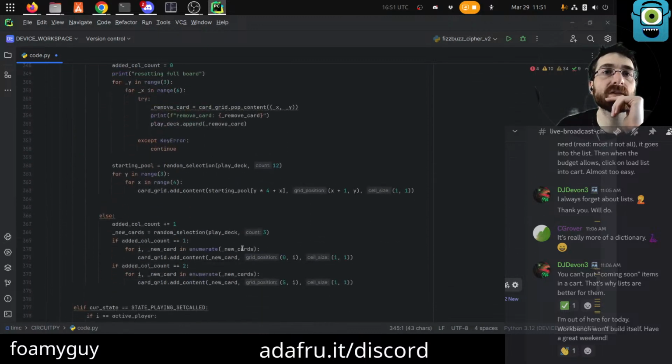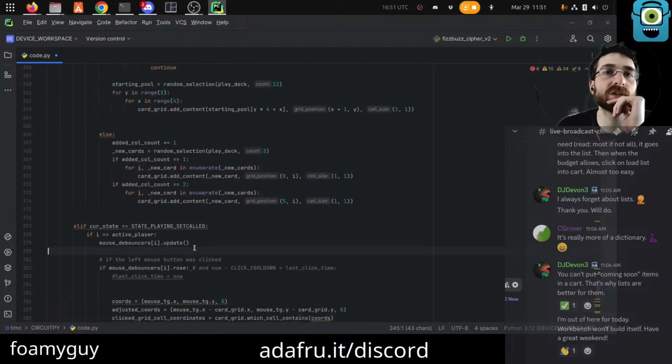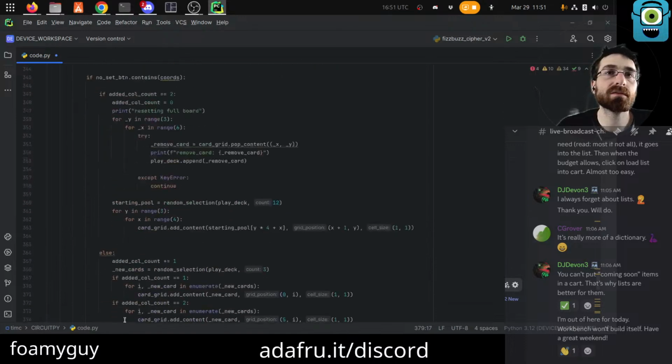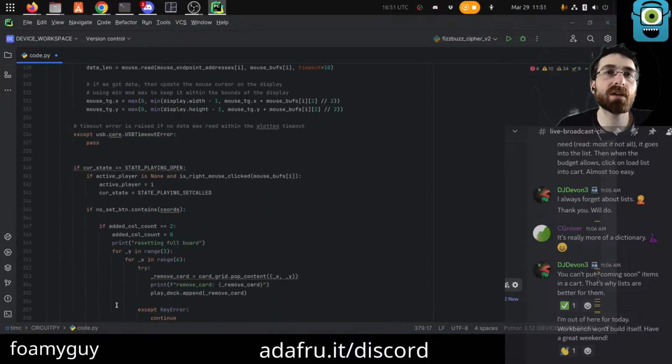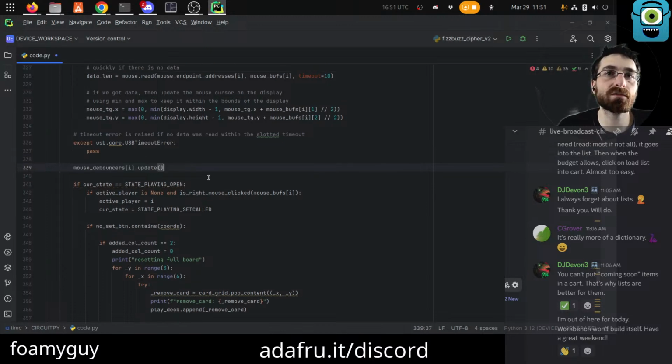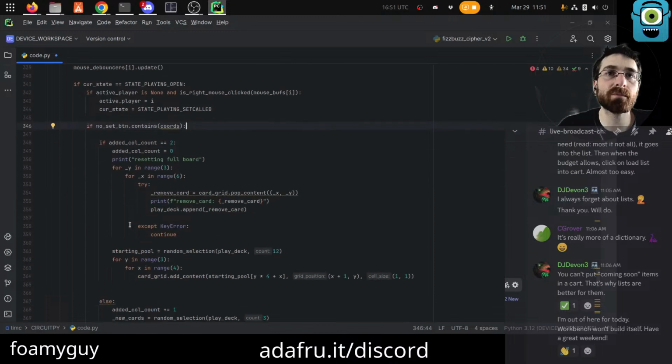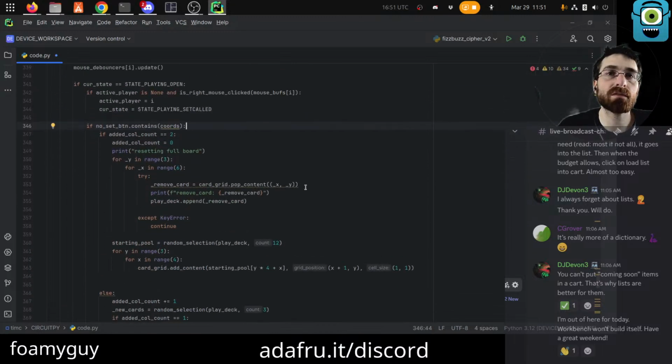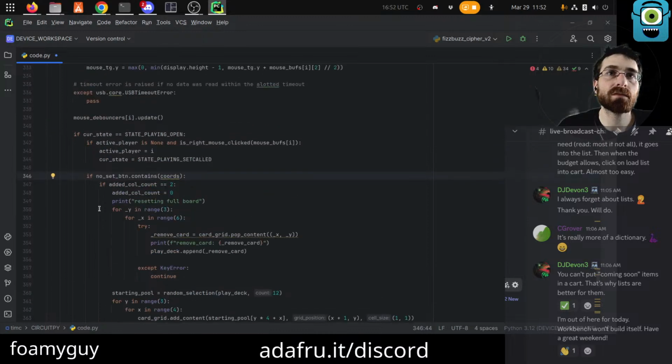No, we need to check clicked still, which means we need to be doing the debouncer still as well. So is that going to get wrecked if we do it out here? I don't know. But we definitely need to do it somewhere where it will happen for this as well. And in fact, we need to be checking it. So we need to say